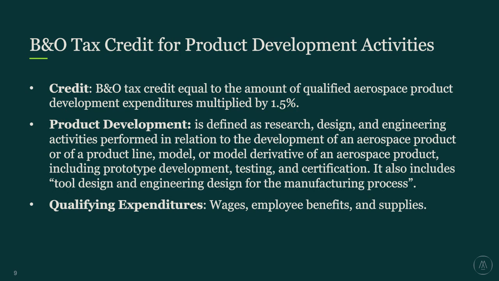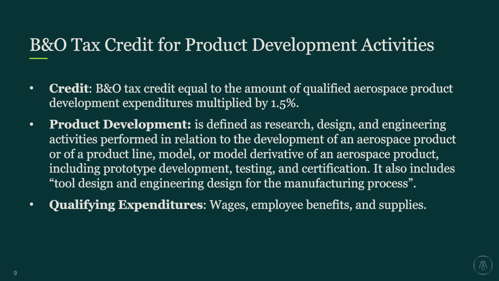So making sure that you have clear documentation in your records as to when that cutoff is very important to the Department of Revenue and their auditors. If you're in a refund claim or an audit, make sure you have clear documentation of what is pre-production for you and what is not. A lot of people have a good idea of what they think that is, which may differ from what the Department of Revenue believes it is. So that's one area that is very helpful to consult with your tax professional on, to determine where that cutoff is and what you should be documenting as part of that cutoff.